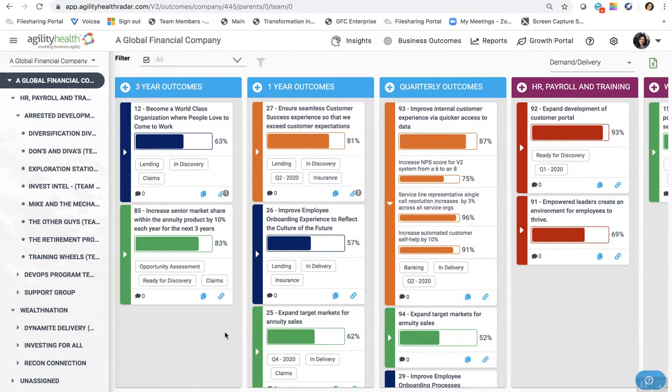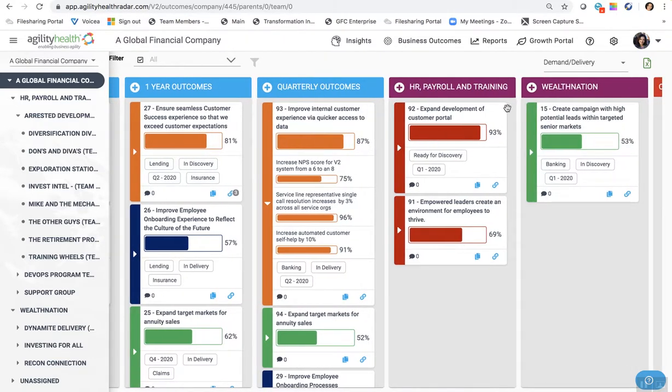So that's the summary of the outcomes dashboard. There you can export everything to Excel, the data that's here. You can change the view. This view is what we call the demand delivery view. So this is like that room that I showed you, the enterprise visibility room. But you could say, I just want to